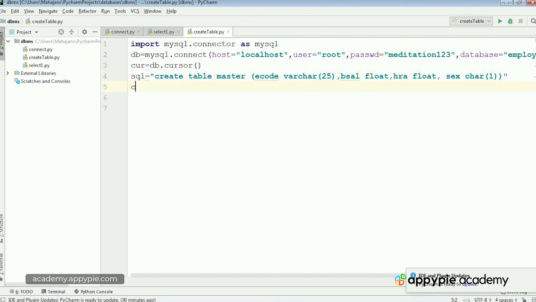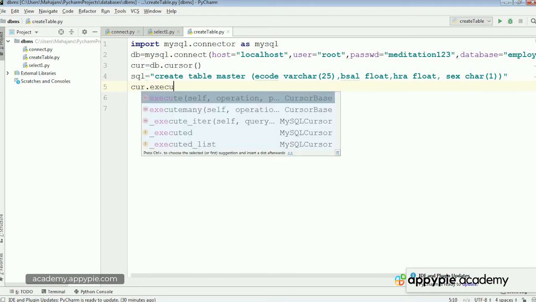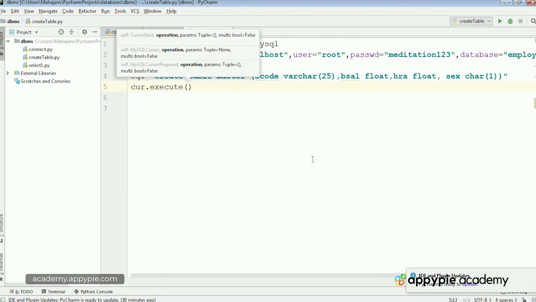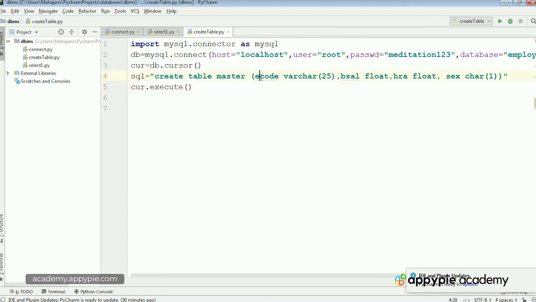Now before proceeding further, because you might be executing this program more than once, what will happen is the first time the table will be created with the name master. If you try to execute this program next time, it will result in a runtime error. Why? Because if a table with the same name already exists, a new table cannot be created with the same name. So what I am going to do is I am going to write